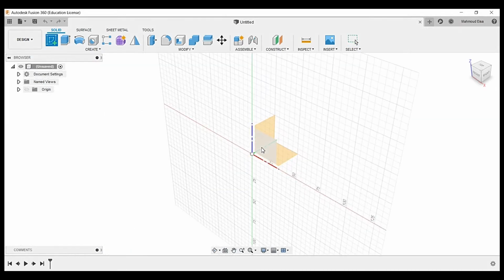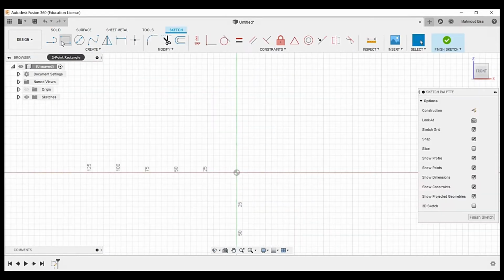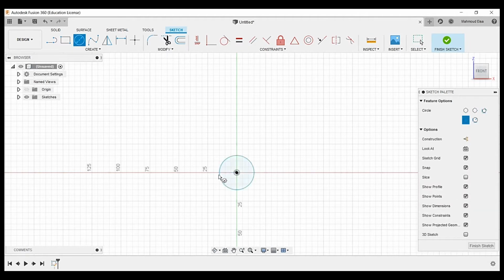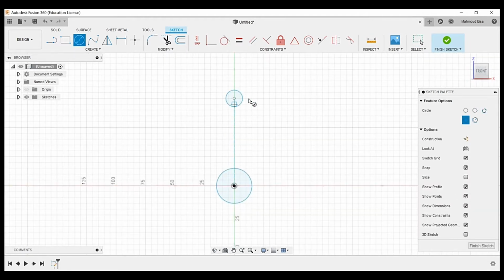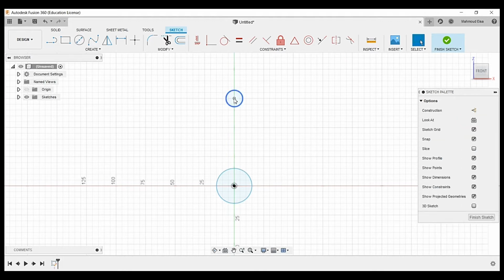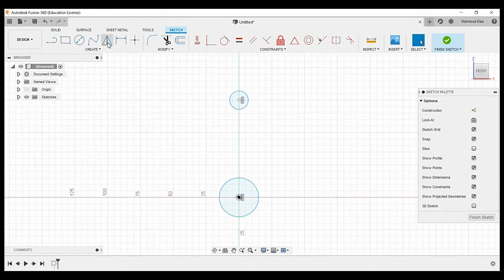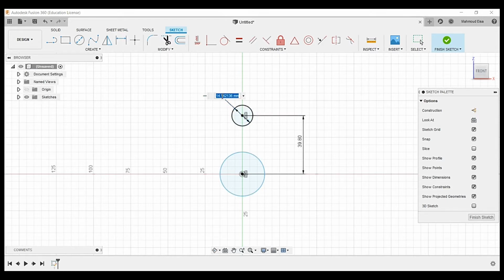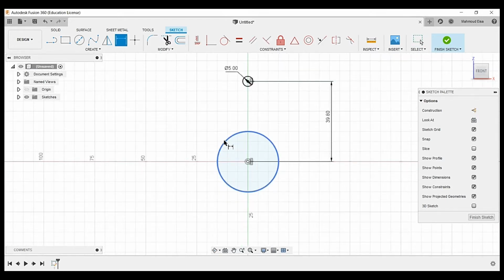We're going to do a create sketch, and we're going to choose this plane there, and we're going to create a circle from the center. We're going to create another circle here, and we're going to make this vertical to the center point, which is 0 point. Okay, so we're going to go to dimensions. I'm going to go from this point to this point, and then we're going to have this 39.8. Great. And we're going to make this 5 mil, and we're going to make this 11 mil,